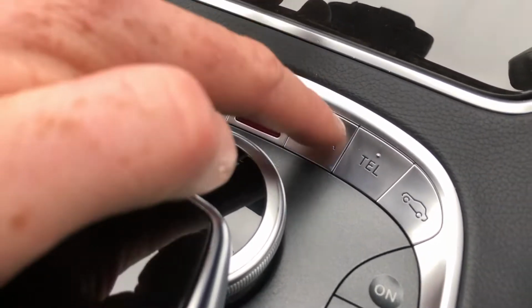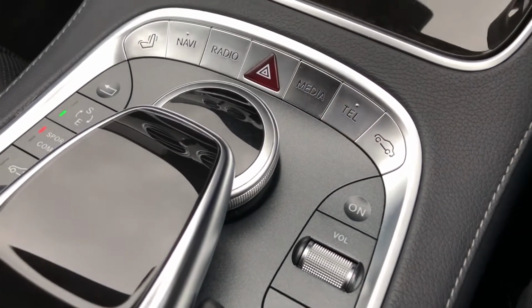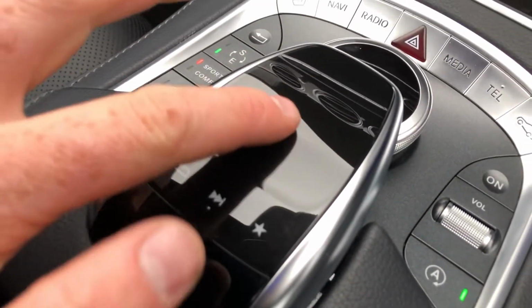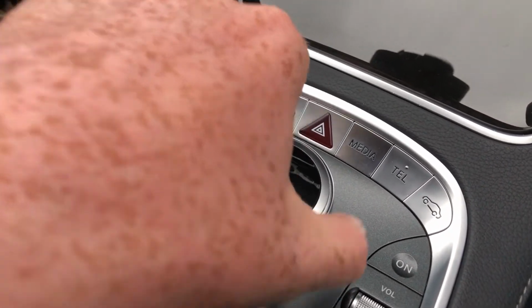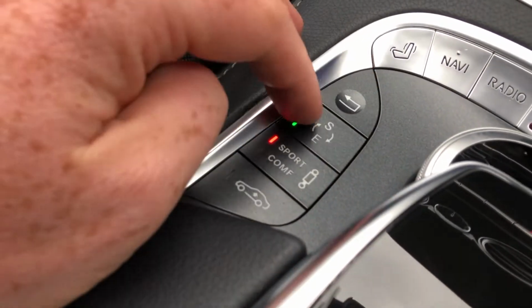Navigation, radio, hazard lights, media, telephone and vehicle settings. I can turn it on or off. Here the media system, I've got volume control, and I've got auto hold as well. I've got a touchpad here which I can write on and change options, or I've got the oscillating, rotating and pressable knob just underneath. Now aside from that, I've got back, I've got sport mode or eco mode, of which